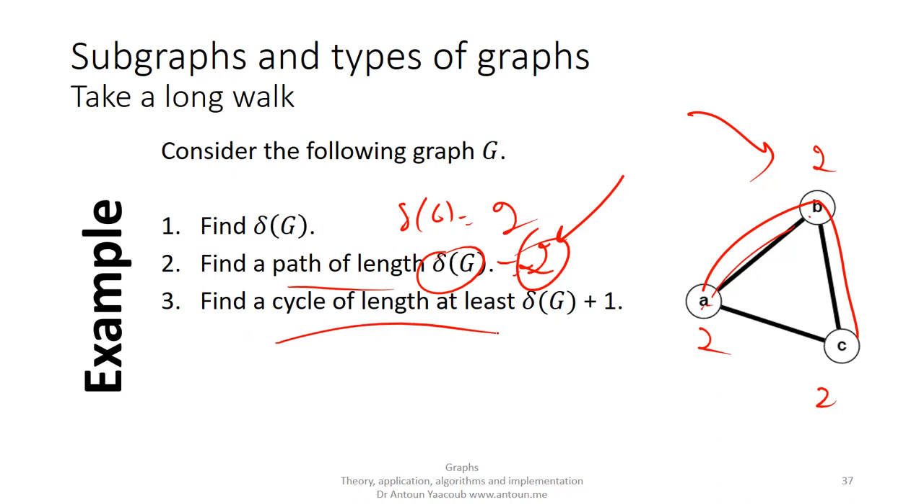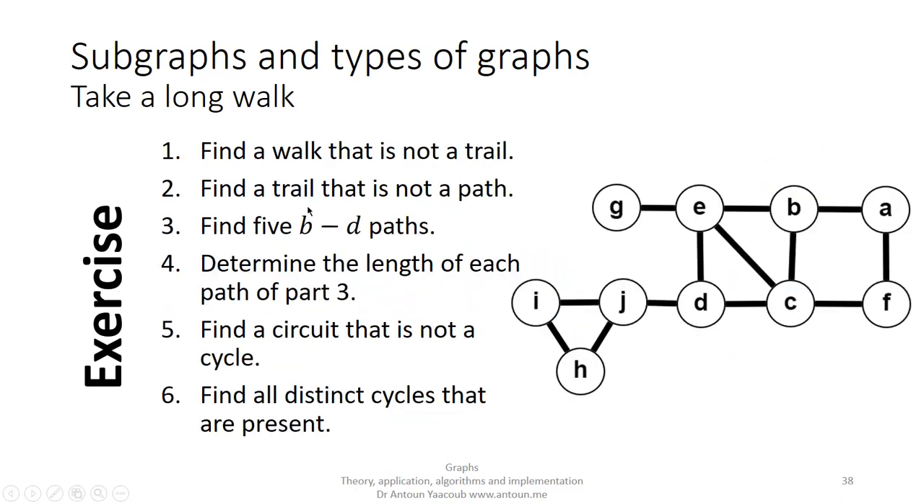Find a cycle of length 3. For example, ABC. This is a cycle of length 3 because I have traveled 3 edges and it's a cycle. I start with A and I will end with A. So this is not a proof, just an example: if delta is greater or equal to 2, it means that I can find a path of length delta and I can find a cycle of length 3. So let's now talk about walks, trails